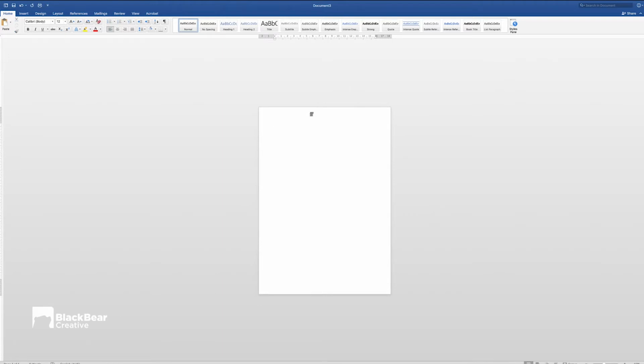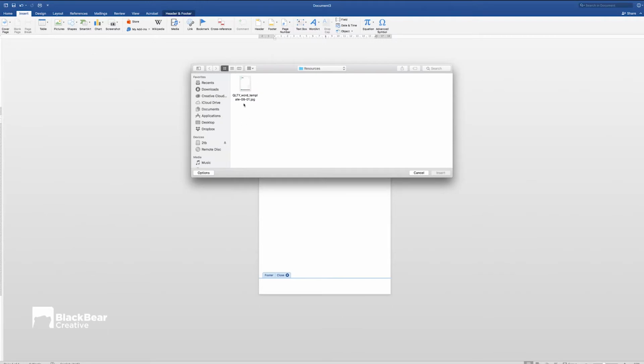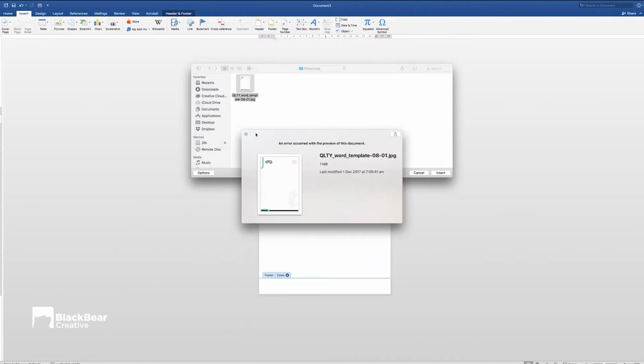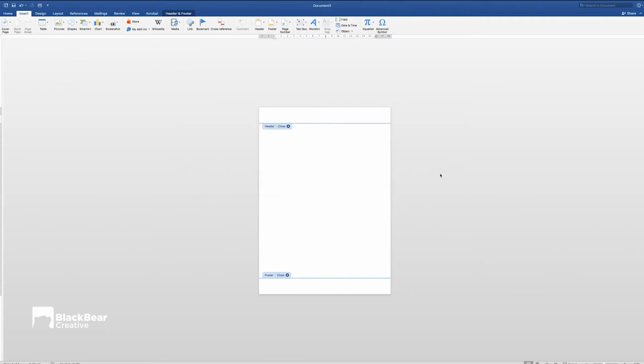From there we're going to double click in this top section here, so we'll bring up the header and footer. You've got the header there, you've got the footer there. While you're in the footer section, we're going to go to insert up here, and then insert some pictures, so picture from file. This particular design, we designed in our own program, so it's all ready to go. It's the right size, and we just have to insert it. So we're just going to insert that, and there you go.